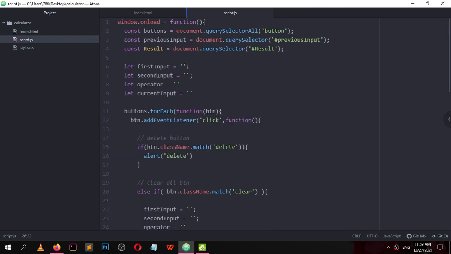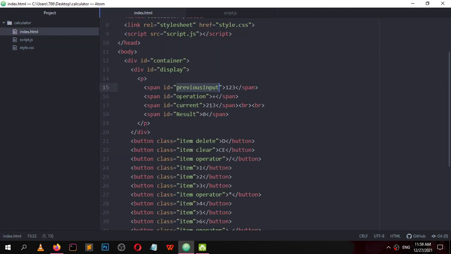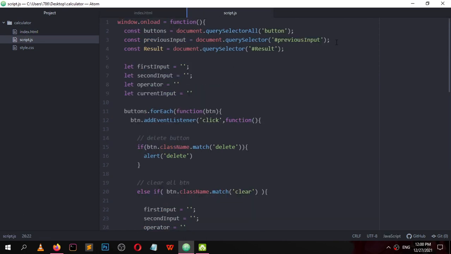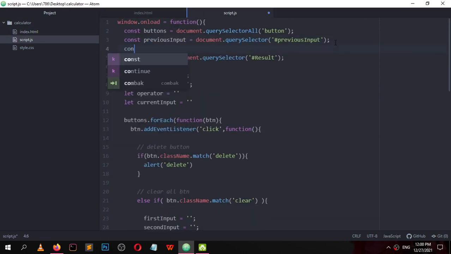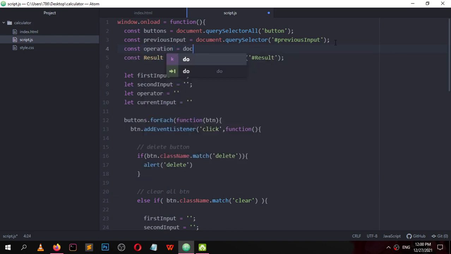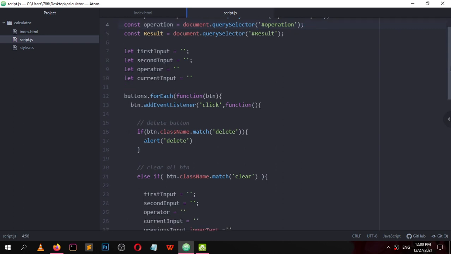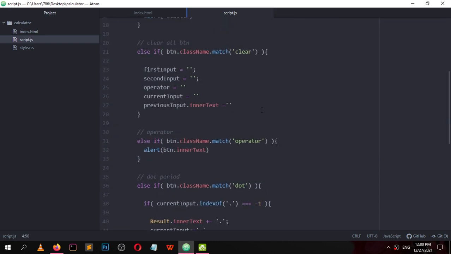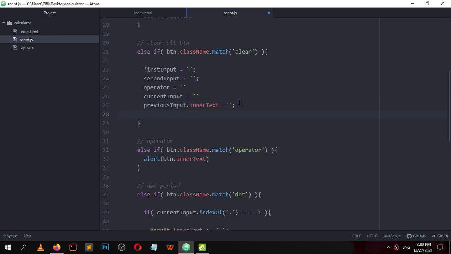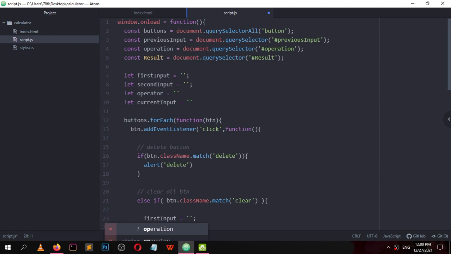So select the operator, this operation ID. const operation equals document.querySelector. This is an ID, so hash and operation. So operation.innerText, let me check.